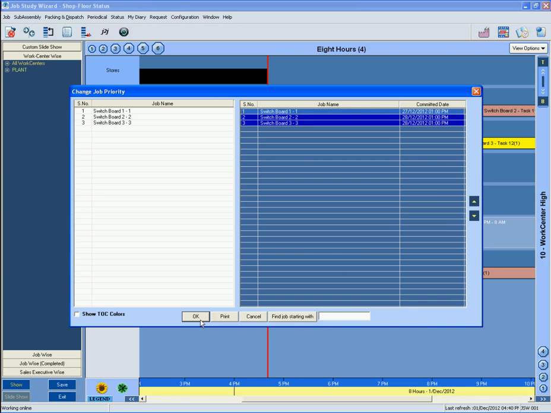Press OK button to save changes and exit, or press cancel to exit without saving changes. Print button allows one to print the job list, whereas the text box to the right can be used to type in first few characters to search particular jobs. The search feature is helpful when one has a large number of jobs scheduled.